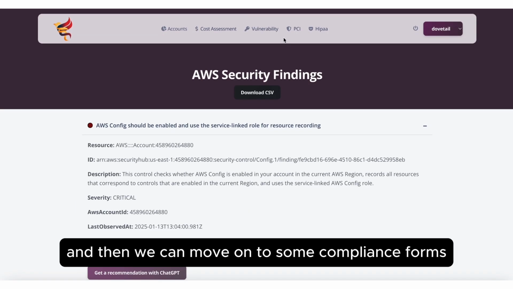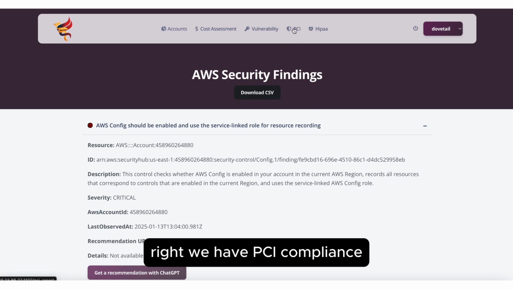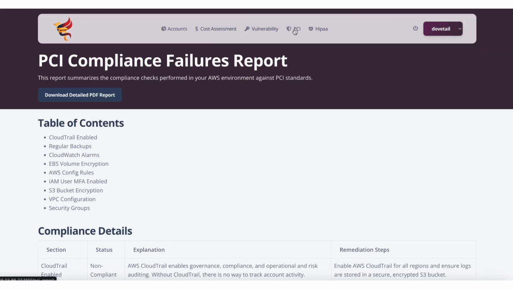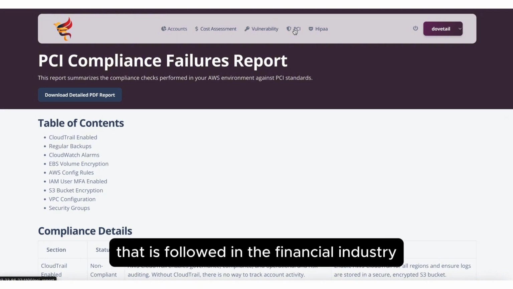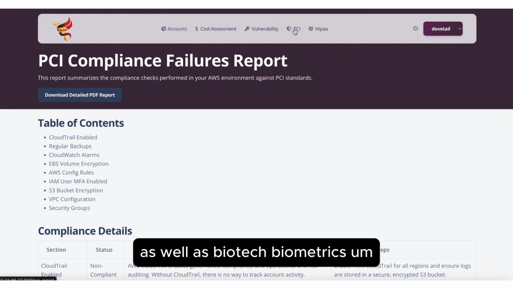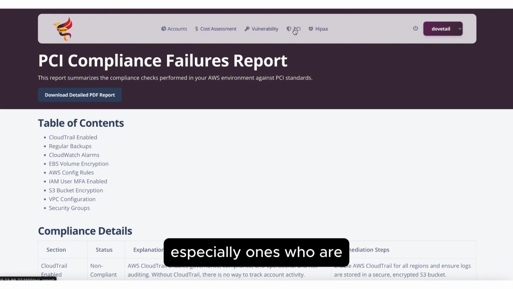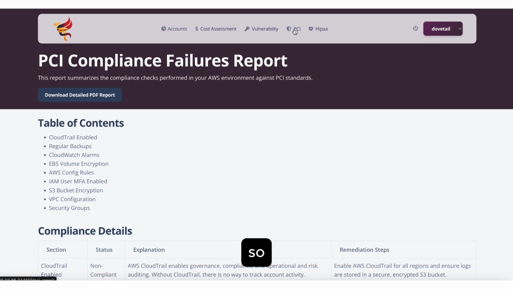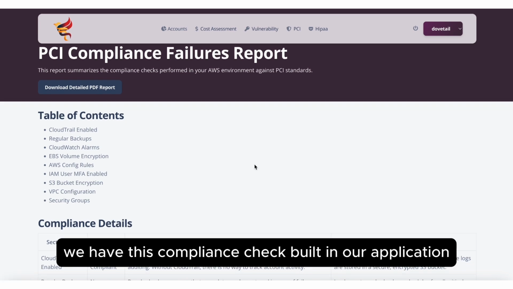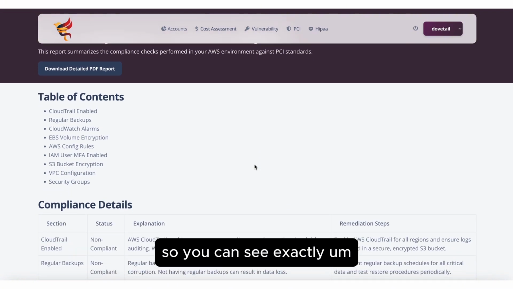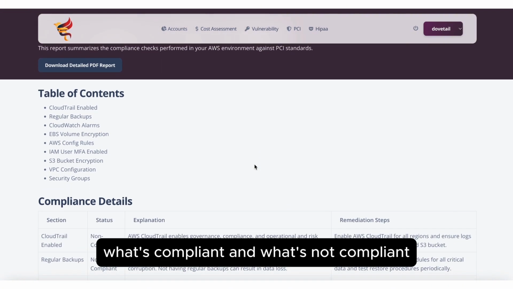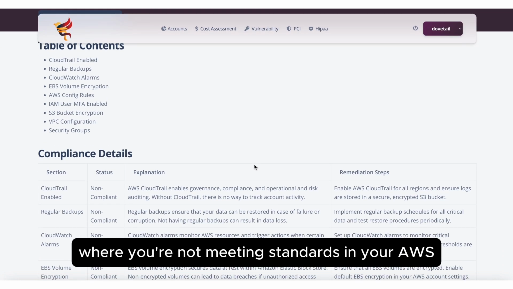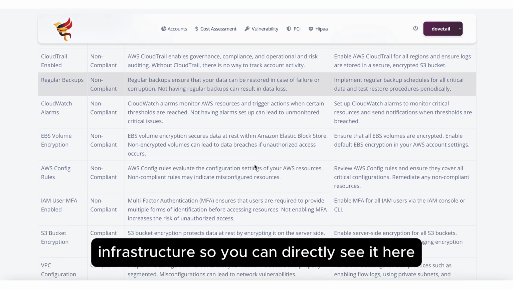Yeah, and then we can move on to some compliance forms, right? We have PCI compliance. PCI compliance is a common compliance standard that is followed in the financial industry as well as biotech, bioinformatics, especially ones who are using a lot of transactional operations. So we have this compliance check built in our application, so you can see exactly what's compliant and what's not compliant, where you're meeting standards, or where you're not meeting standards in your AWS infrastructure. So you can directly see it here,